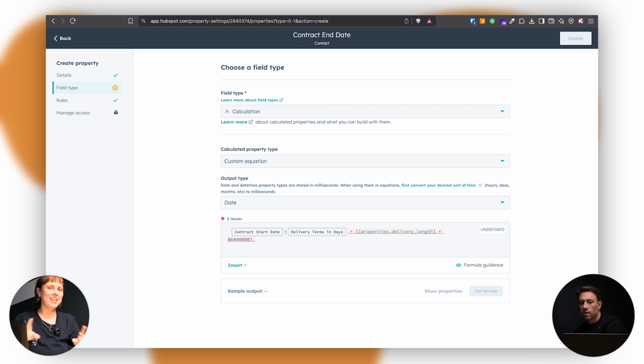This is actually more of a tip than a hack. When you're labeling your properties, put things like in days, in weeks, stuff like that. So if you leave, people know what it is. Yes. Naming properties is so important. I'm a big believer in that. Makes sense to you. Yeah. Plus delivery term in days, and then we're timesing by, it's technically the amount of milliseconds in a day, which sounds crazy, but